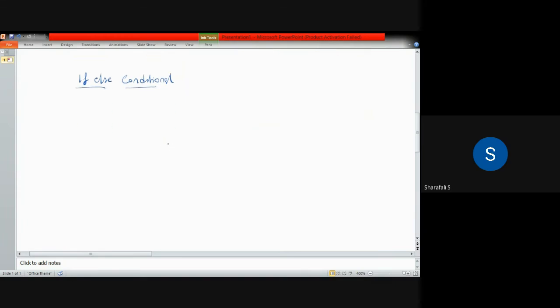So for if else conditional, if the condition in if is false and the statement in the if block is not executed, then the statement flow goes to the else statement. Okay? And the statement within the else block will be executed. For example, okay, here we will be having